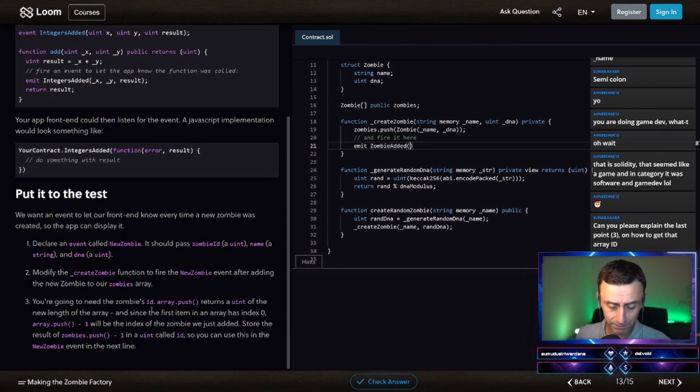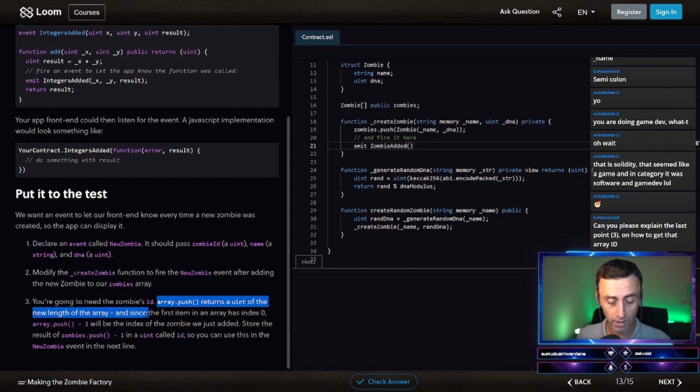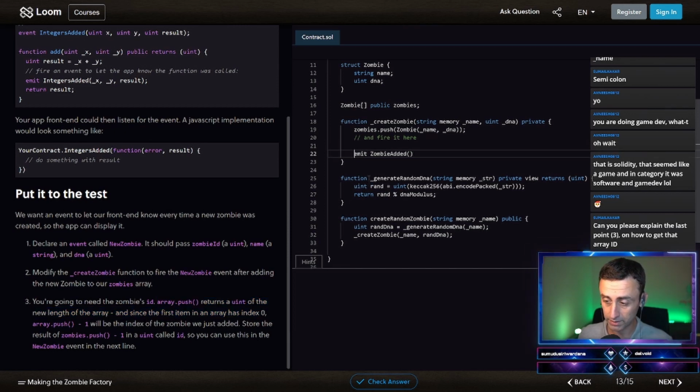No, because this is not the function. Zombies dot push returns a uint of the new length of the array, and since the first element in the array is index 0, array dot push minus 1 will be the index of the zombie we just added. Store the result of zombies dot push minus 1 in a uint called ID. So this is something like that.